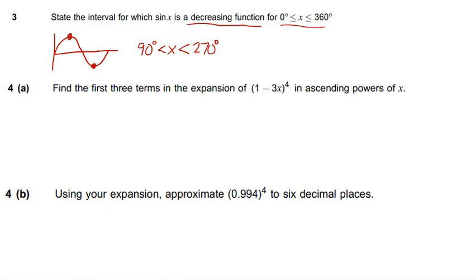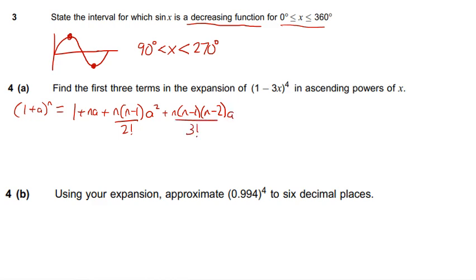4a is a binomial expansion one, so find the first 3 terms in the expansion of 1 minus 3x to the power of 4. Okay, so generally if we've got 1 plus a to the n, this is true for all real n, then we've got 1 plus na plus n times n minus 1 over 2 factorial a squared plus n times n minus 1 times n minus 2 over 3 factorial times a cubed,